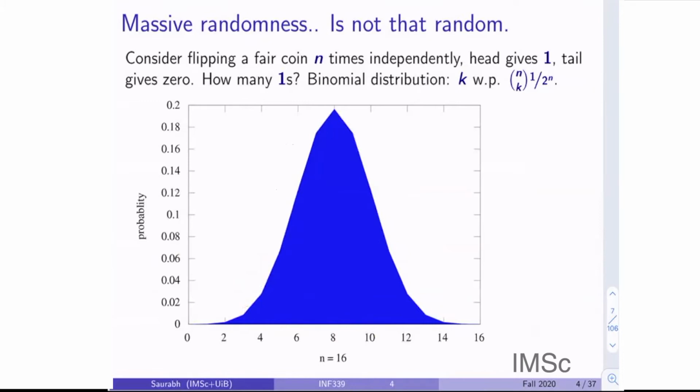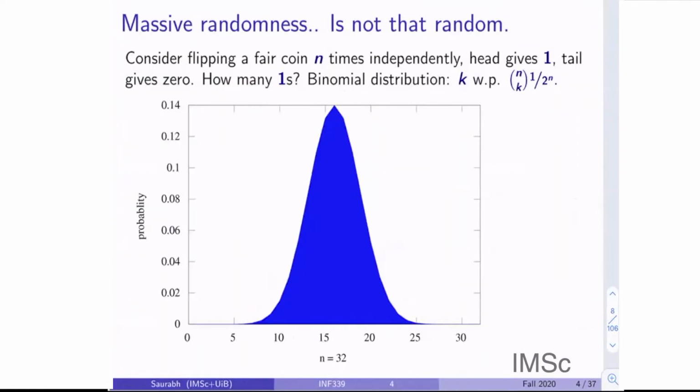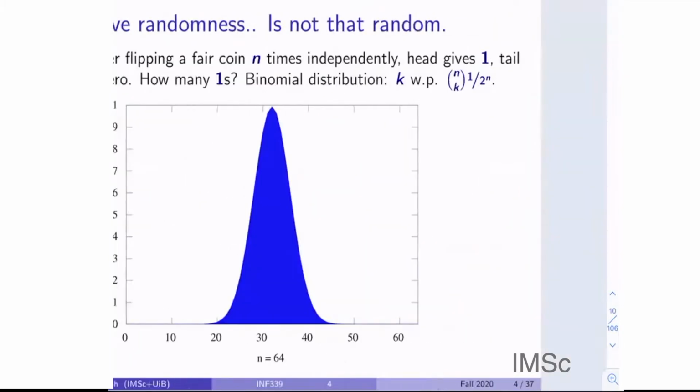Then we ask ourselves even further. Now if you ask between 4 and 12, the leftover probability is even much smaller. What I mean to say is that as we increase the number of trials, the curve starts to look like that, and more and more probability is there that you take a number of heads closer to its mean. This is all that this curve is trying to explain to us. So let's go further.